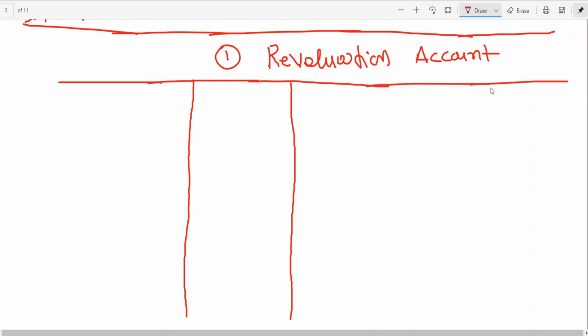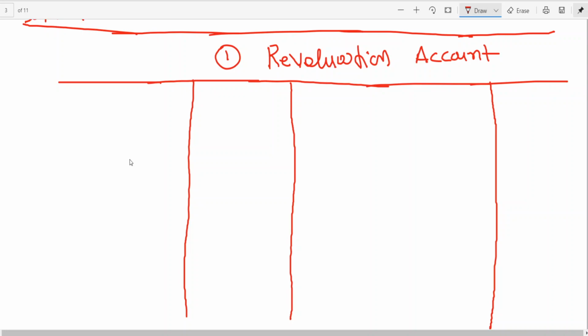Last class I have explained about the concept of revaluation account and memorandum revaluation account. Now revaluation account I opened. Let us see the adjustments part of it. If you look at, I think I have been telling you page number 1. I hope you all are having the book with you. Otherwise waste of time going back and again coming down. Page number 104.